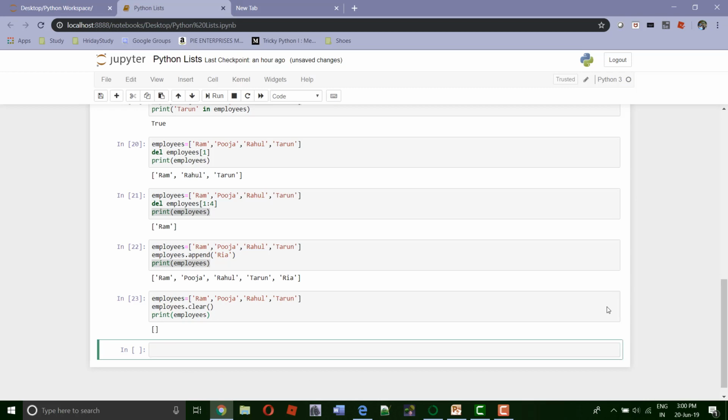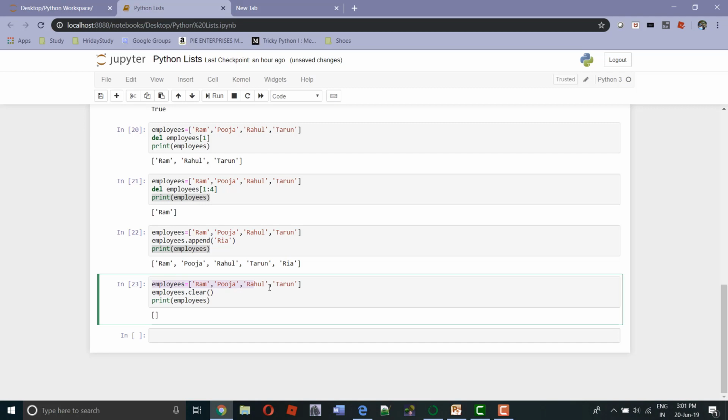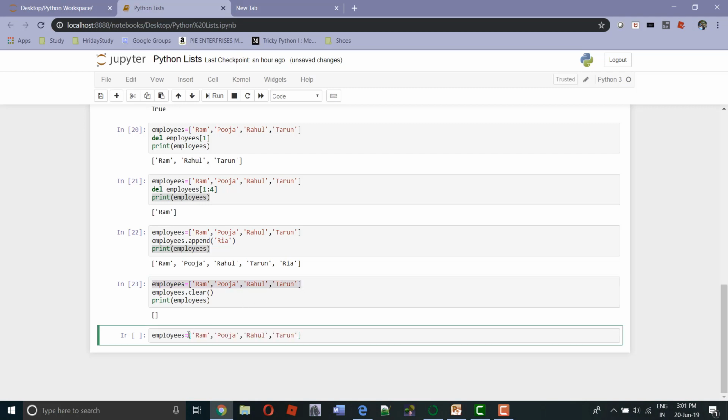Now the next method that we are going to discuss is the copy method. So let's copy this list here. Okay, let's change the name to employees1. Right now I have a list employees1. I want to copy all the elements into another list, let's say employees2. For that we can give a call to the copy method.